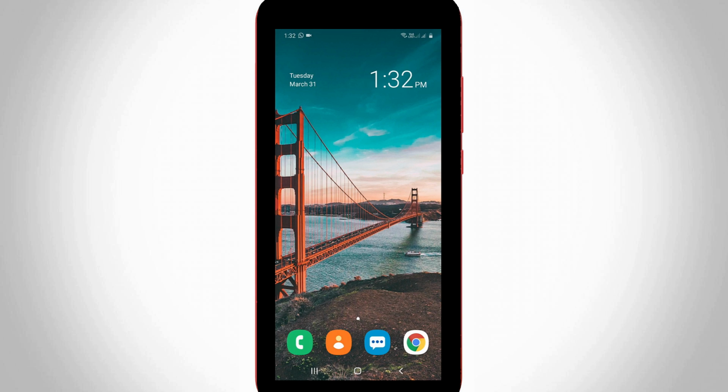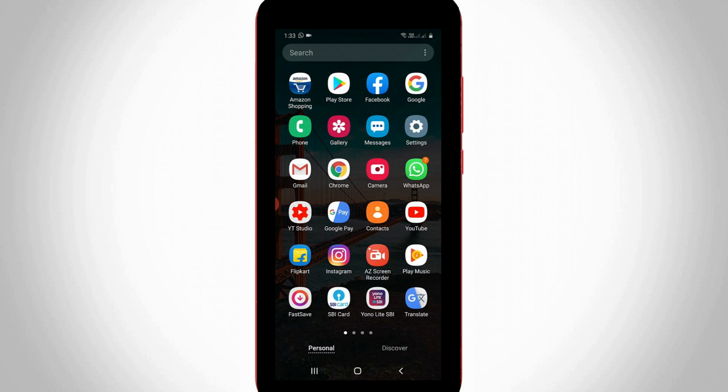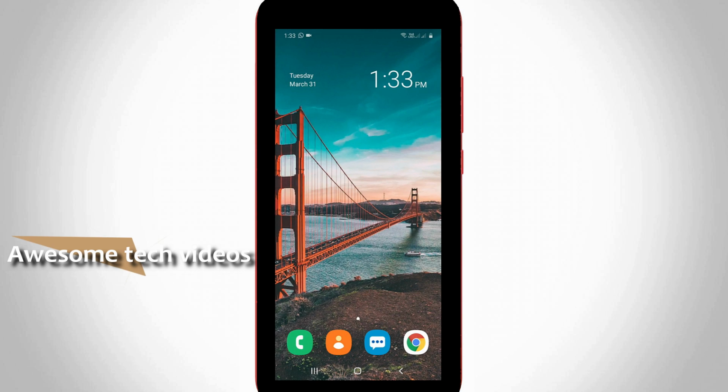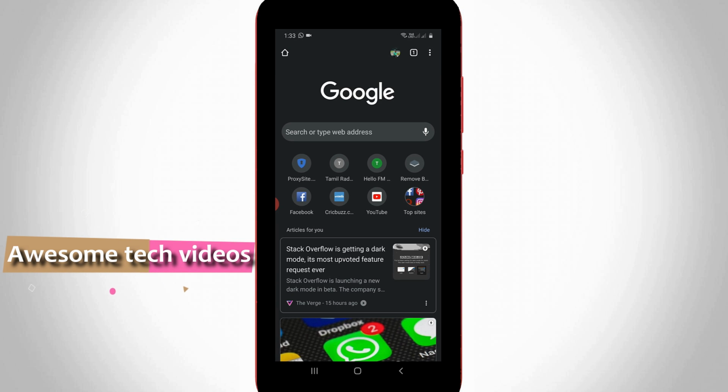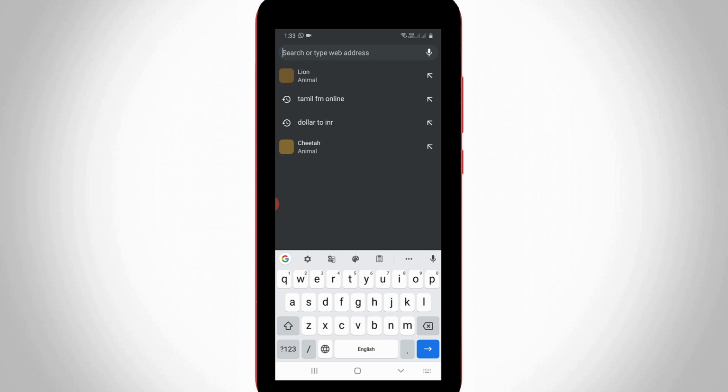First of all, open your Google Chrome web browser on your Android mobile or iOS device, or simply you can open the Google application. Now in the search bar you can type any animal's name. For example, I type lion and then hit enter,